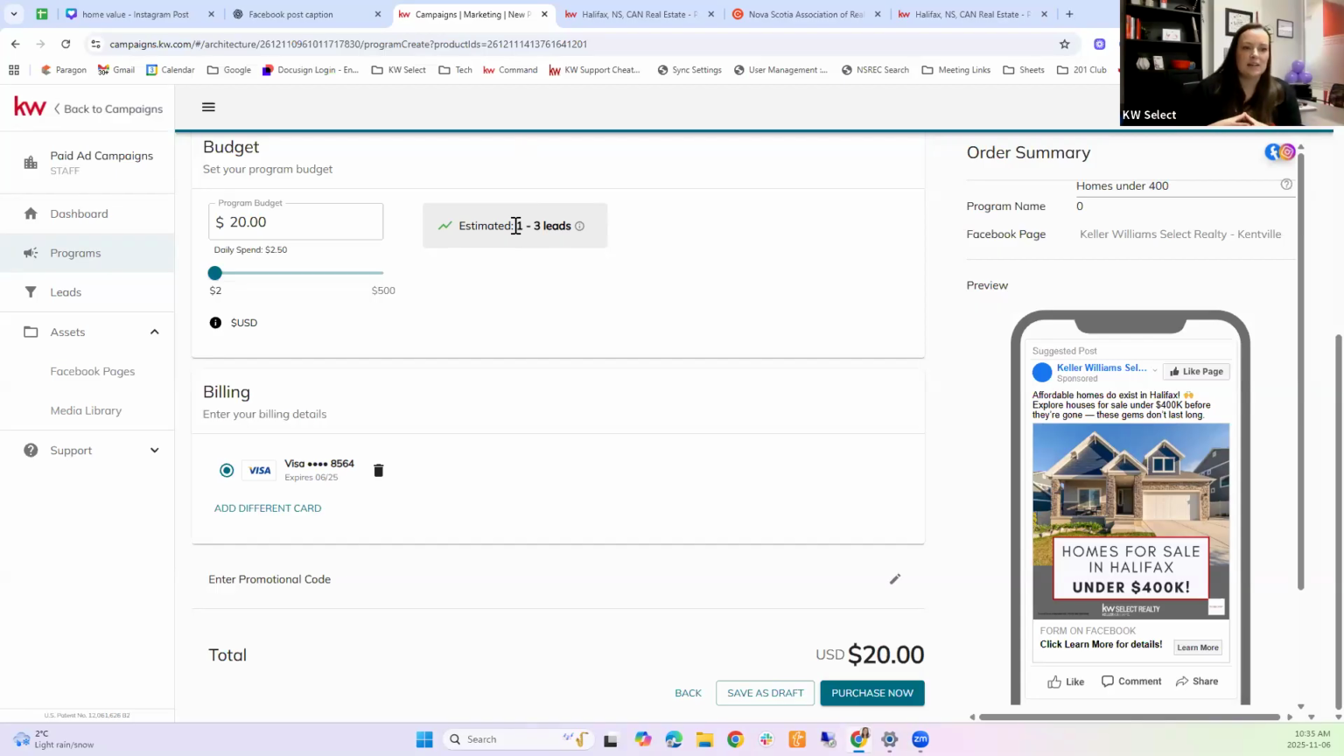I will always say it's going to be the quality of your ad and the value that you're offering that's going to really directly affect how successful your ad is. If no one cares to see homes under 400K, no one's going to click on it, right? So it's making sure you're advertising something that people want to see. I will say you'll get